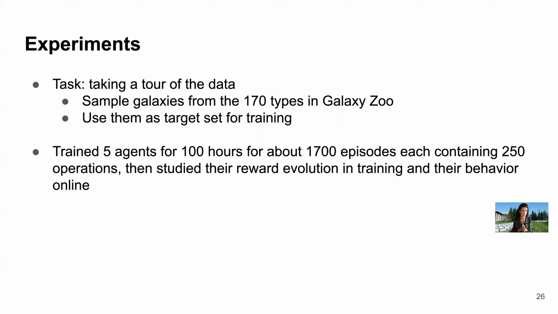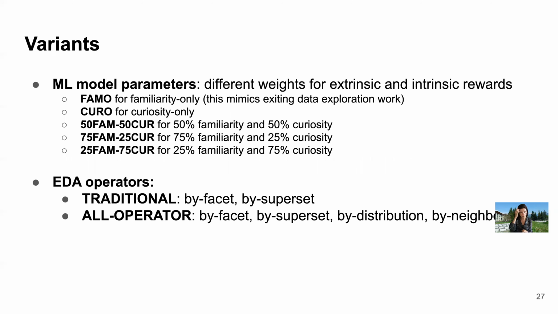So for the task of taking a tour of the data, we can sample galaxies from the 170 types in Galaxy Zoo and build our training set. And what we did is then to train 5 agents for 5 different weightings of curiosity and familiarity. Each agent was trained for 100 hours for about 1,700 episodes. And then we studied the reward evolution. So what are the different